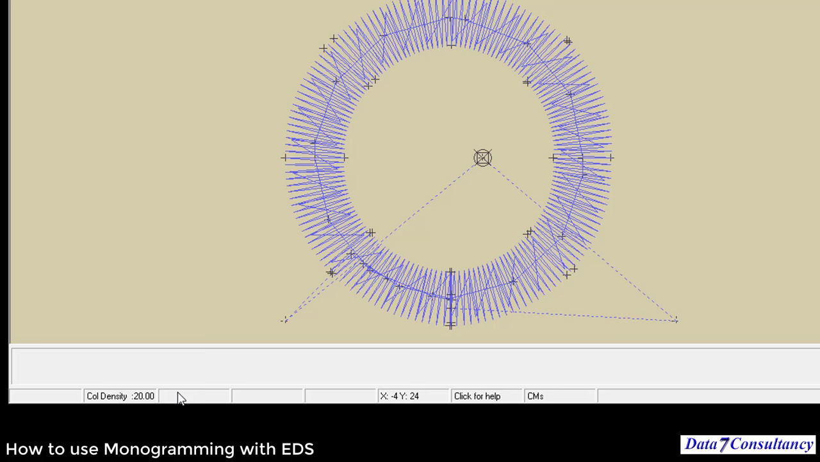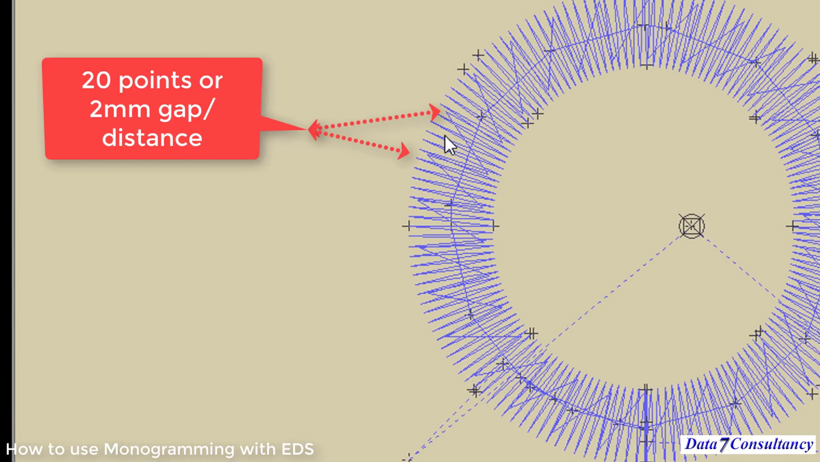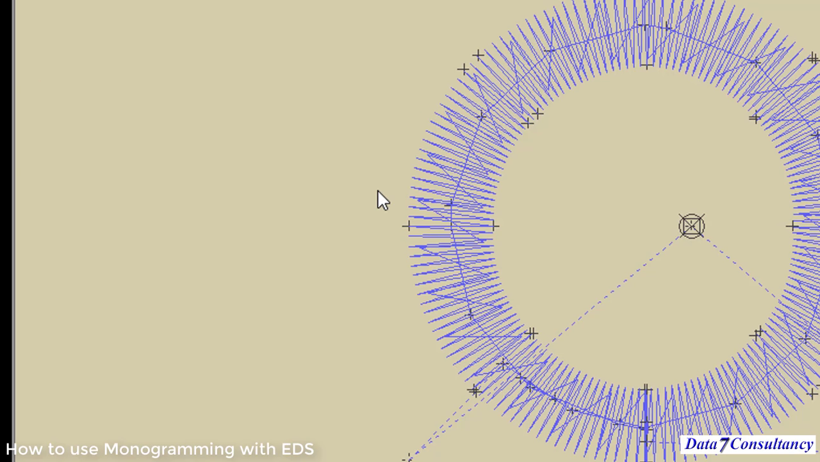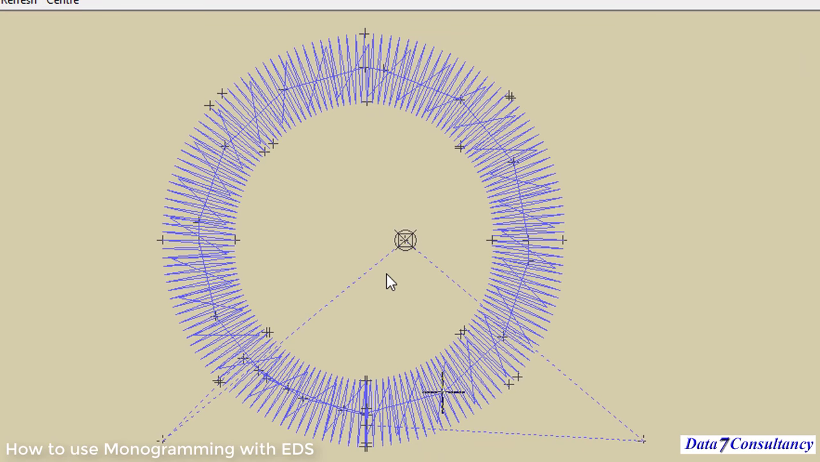It's setting the column density to 20, and I'll correct myself for what I said a little bit earlier in terms of a running stitch underlay where it was 20 points stitch length. It's actually column density of 20, whereas a normal column is 4.2, which is 0.42 of a millimeter. This is 20 or 2 millimeters gap between these stitches here, which is the two column stitches in the underlay. So what I'm going to do is thumb my way through the